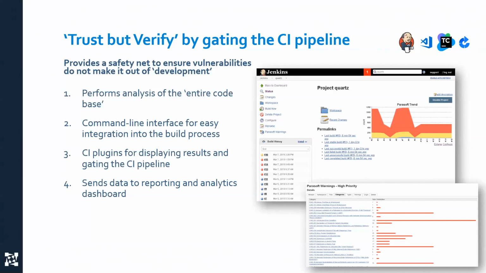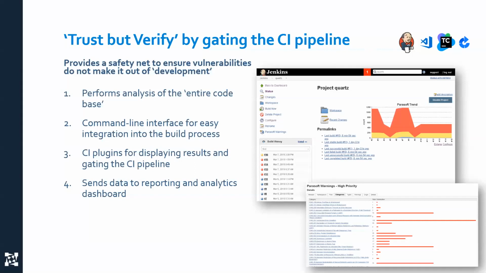If you gate them to check in, you're going to have slower adoption of the practices. You're going to get a lot of resistance within the organization, and you are going to get a lot of visibility of reduced cadence due to security issues. Instead, leverage the CI infrastructure and leverage it effectively to perform not only a kind of safety net on the process, but having complete analysis across the entire code base.